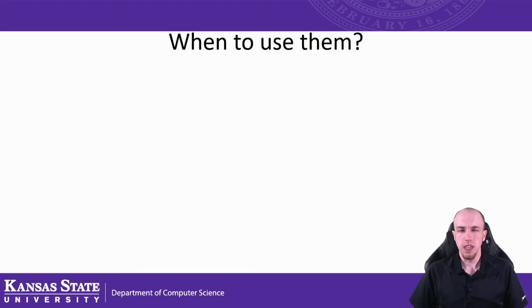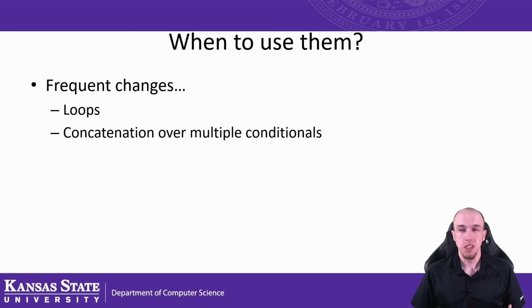So when do you use strings and when do you use string builders? And this is quite debatable depending on the programming language you're actually using, because each programming language has more efficient ways of string concatenation depending on what you're doing. But for C# in general, you'll want to use string builders when you're making frequent changes to a string. For example, if you're changing a string inside of a loop every single time the loop iterates, you'll probably want to use a string builder.